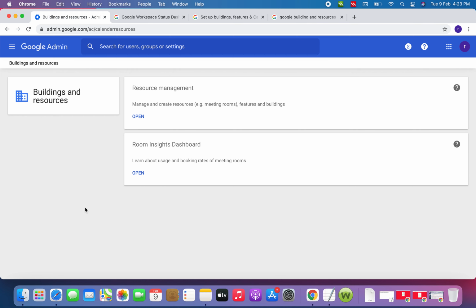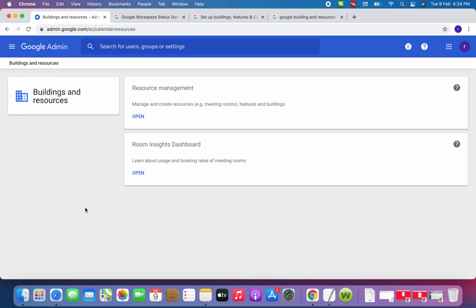So let's start. What I'm going to do is create a meeting room, which will help users identify how many meeting rooms are available in our office, what their strength is, and what kind of facilities are available in them.